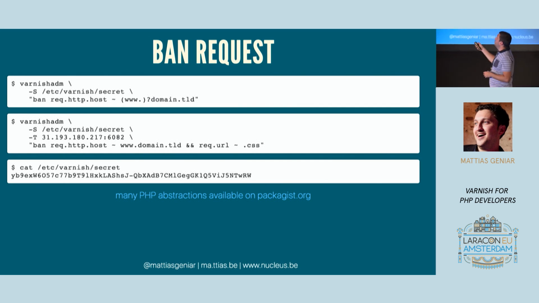So what are we going to do? We're going to call the varnishadm command. We're going to authenticate with a Varnish secret. It's just a random bit of string being generated when you install Varnish. Think of it as a plain text password. And we're going to issue a ban request. And then we can use the same kind of objects that we've been using inside of the Varnish configuration language. So we can say, in this case, we're going to ban everything where the host header matches an optional